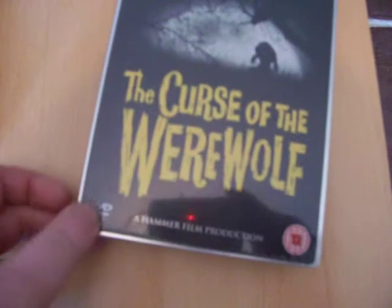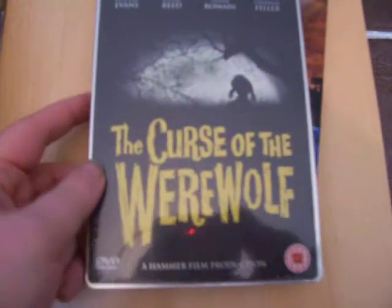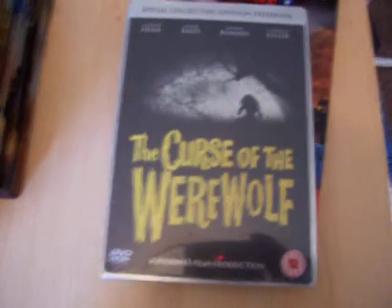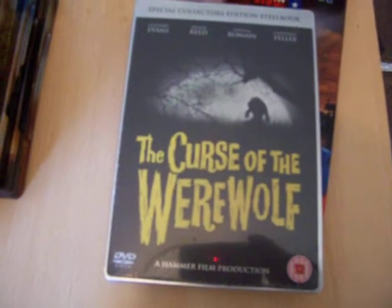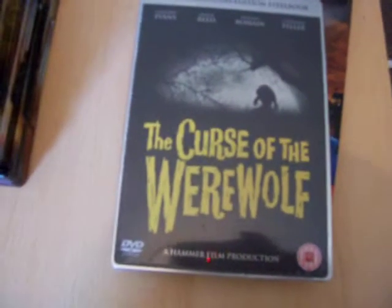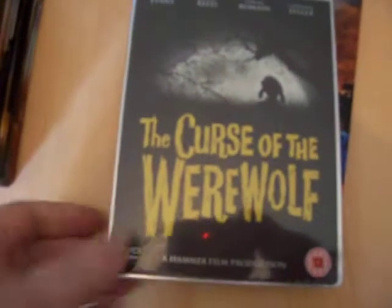This is one that I got from Amazon as well. It was an exclusive at the time. It is available from other stores now, but I'm not sure if it's the limited edition one with the numbered sticker on the back, because they all seem to be having trouble getting stock. But this is Curse of the Werewolf Collector's Edition. Has some art cards inside, no inner artwork. I still kept it sealed,